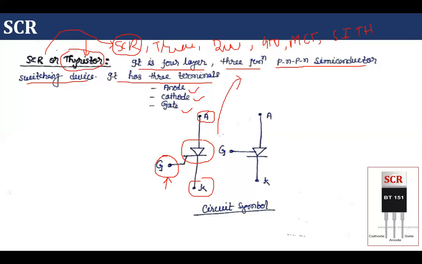What is the meaning of semi-controlled device? Actually, semiconductor devices can work for two purposes: either as a switch, or as an amplifier. In power converters, we use semiconductor devices as a switch. A switch has two states, on state and off state. If we are able to control both states, then it is known as a fully controlled device. In coming lectures, we are going to study the bipolar junction transistor, MOSFET, and IGBT. All three devices are fully controlled devices.